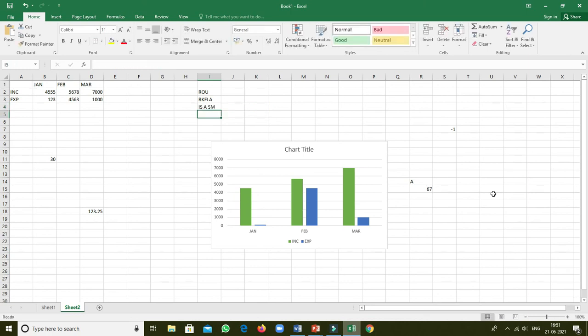Now see, S SMART will be displayed, means what? Because RKL is a smart city, comma, fifth position. Fifth means 1, 2, 3, 4 is your blank, fifth is your I. So from fifth you have to extract 7 characters. So 1, 2, 3, 4, 5, 6, 7 up to M, because space is also countable. Okay.